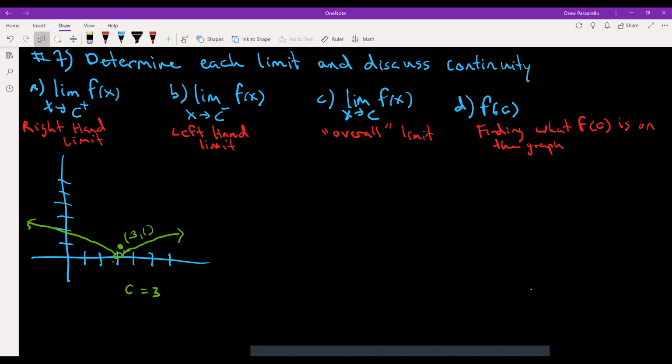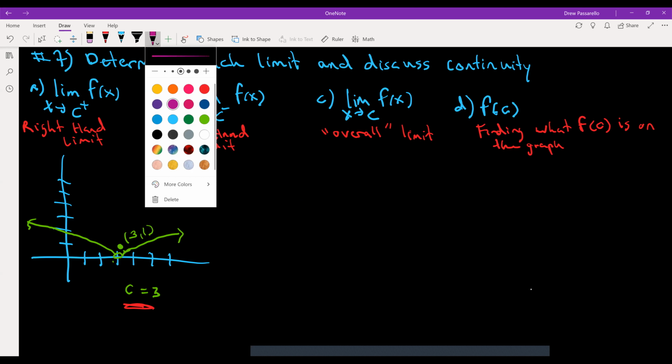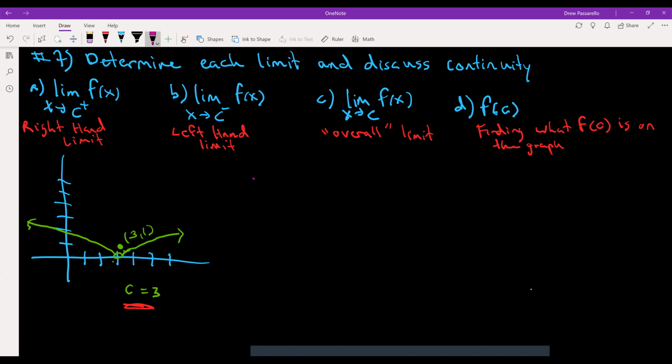All right, and here's our graph. So the graph's in green, and in this case, we're talking about c being 3. So to answer these questions, for part A, we're talking about x approaches 3 from the right. So that's where the plus sign comes from. It's f of x, so as x gets closer to 3 from the right side,